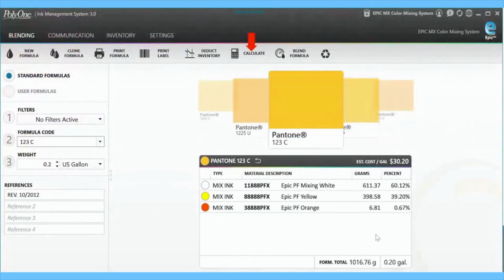And as we're starting to roll down to the end here, I only got a few more things left, but the calculation screen is a really good thing. Say you have a big job and you just kind of want to understand how much it's going to cost you or how much ink you need to mix. I go into the